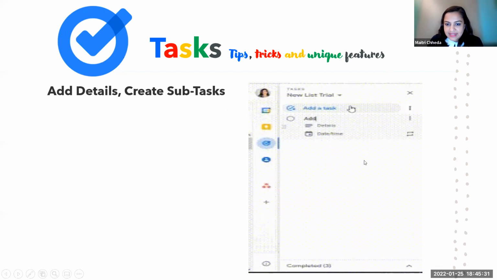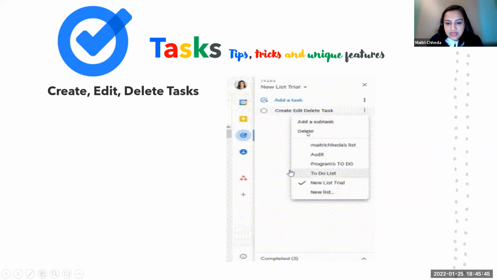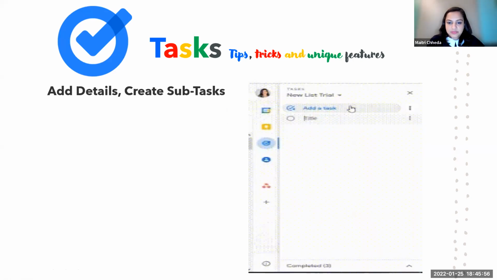You write down, and that's it. Create, this is adding the task. Okay, and if you want to have, once again, this is the create task. Sorry, I skipped the slide. This is create. You click over here on the three dots, and you can delete the task. That's it. Create, edit, make changes. You click on this, and that's it. There's nothing new to be done. You make a task and you can delete.